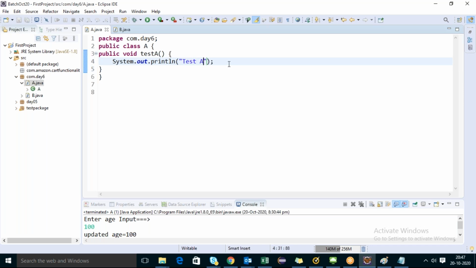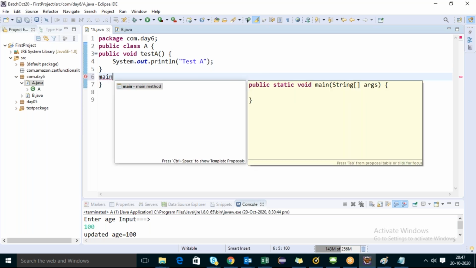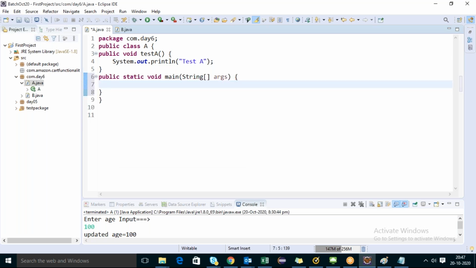Test A method. Now tell me, team, how to execute this method. This is a non-static method. We write a main method. So we have to take the help of the main method, then